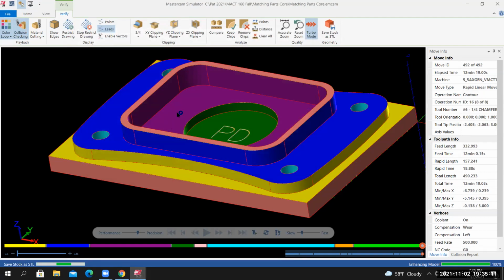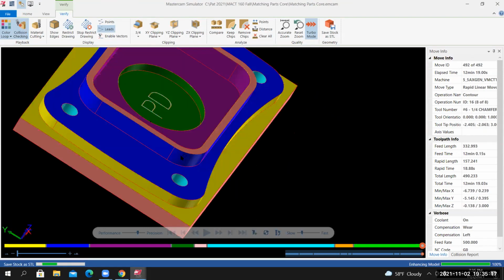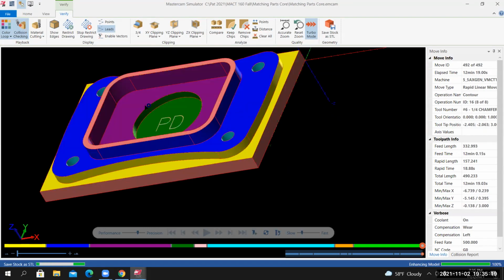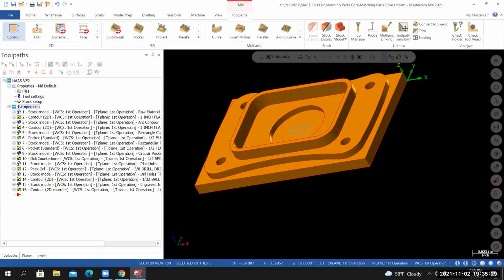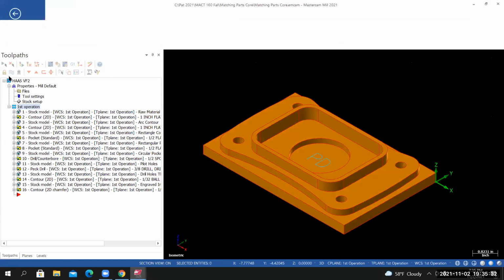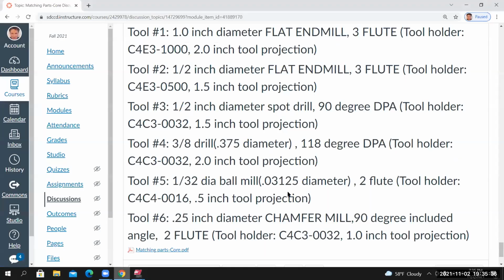This will take a moment to save. Now you can go back in the Mastercam and do work inside of Mastercam while this is going on in the background. I normally don't like to do that. In this particular case, I am going to do that. So I'll go back in the Mastercam. Looking at it from an isometric view, I'll save my work again. If I go back to the project page,